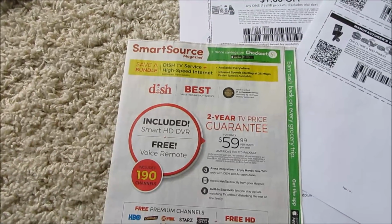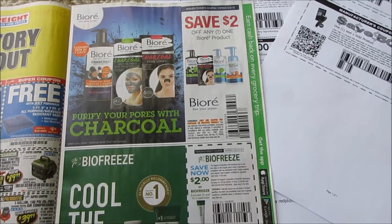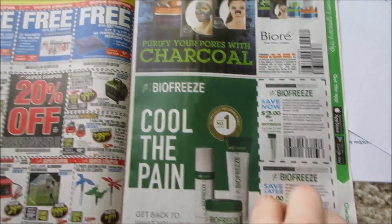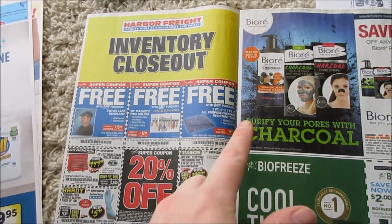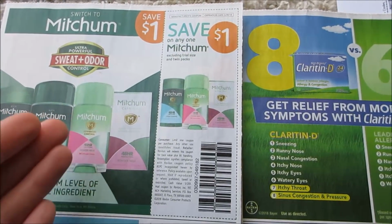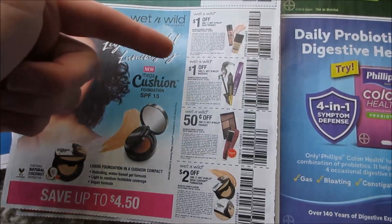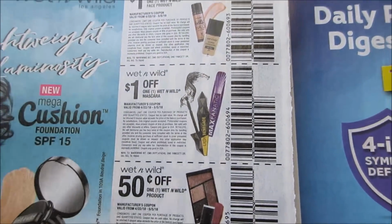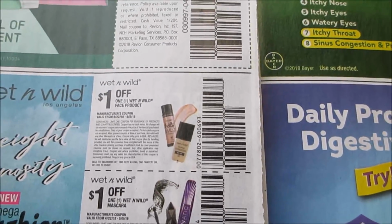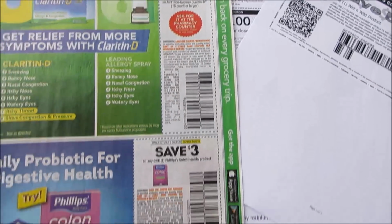And then here is what I have in my Smart Source. $2 off Biore, which could be an okay product or coupon. Biofreeze, I've never used this. Harbor Freight, sometimes they got some great freebies with their coupons. Here we got $1 off Mitchum, which could be a decent price at Walgreens today. Wet and Wild. I know with the $1 mascara you can get that free at Walmart, but here we got 50 cents, $1 off, $2 off. So there is that. Claritin D,